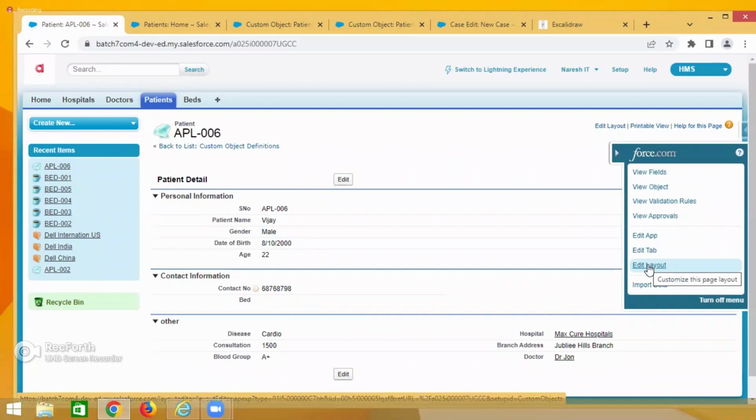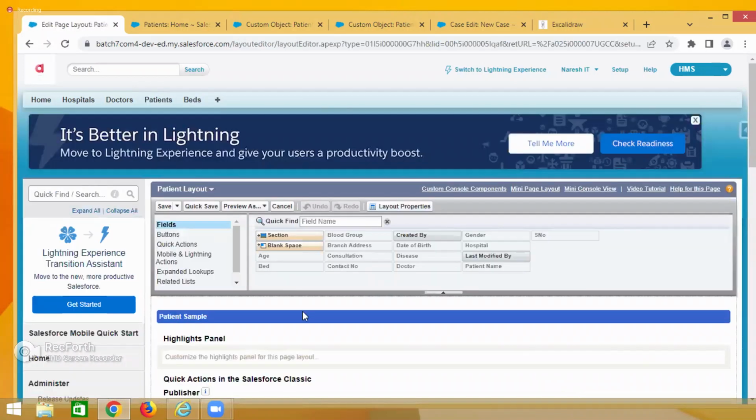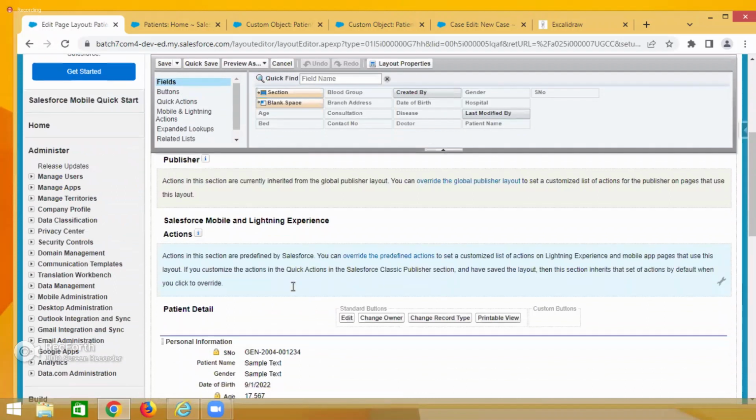Okay, now see. This is the patient layout, so the edit layout option is coming. If you are on another screen, this option is not visible. Okay, now